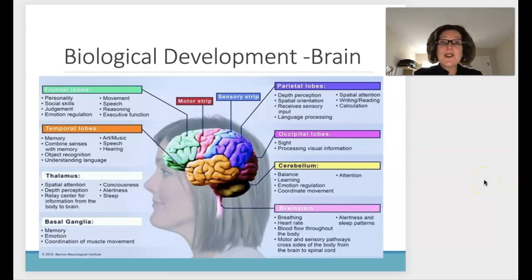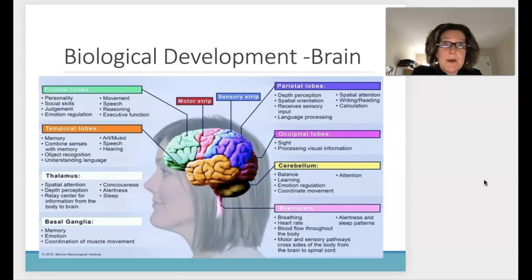I'm just going to give you some interesting stats because I think it's always interesting to hear a few numbers. At birth, the average baby's brain is about a quarter of the size of the average adult brain. However, incredibly, it doubles in size in the first year. So it goes from a quarter of the size to half the size of an adult brain from 0 to 1. It keeps growing to about 80% of the adult size by age 3, and it's nearly 90%, or nearly full grown, by the age of 5.